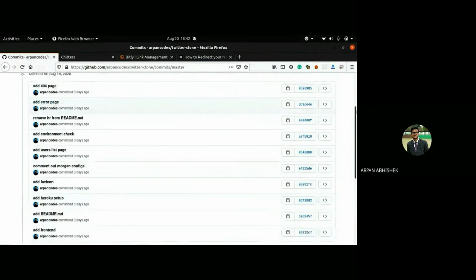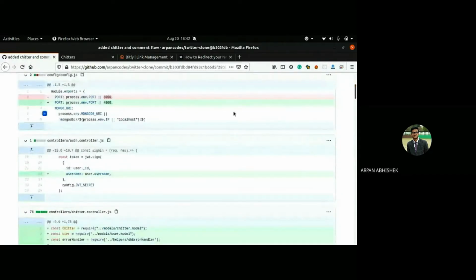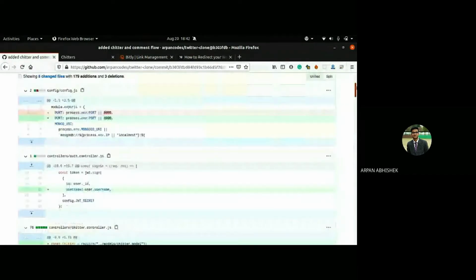You can come here and open anything, and it will show you what changes were made. So I changed port from 8000 to 4000. The red one is the deleted, and the green one is the added change. And you can see plus and minus here also. So yeah, that's the basic difference between Git and GitHub.